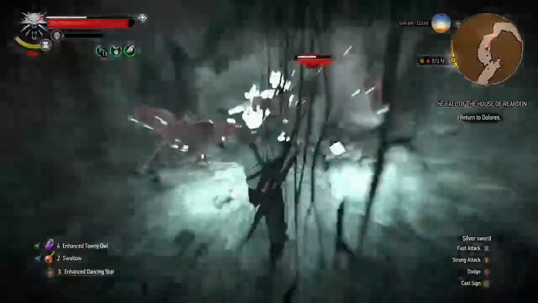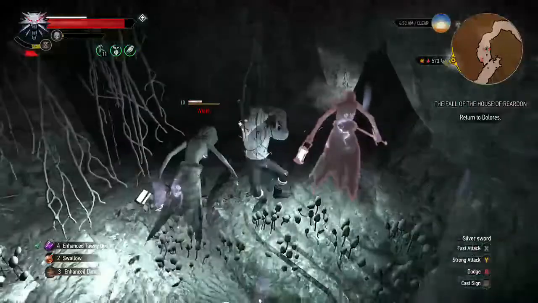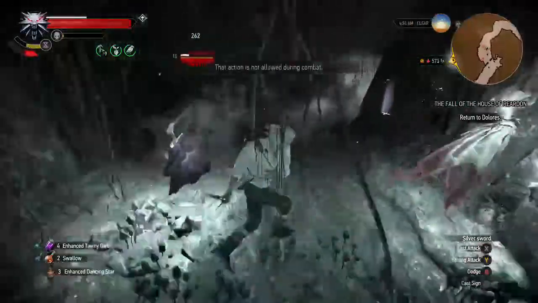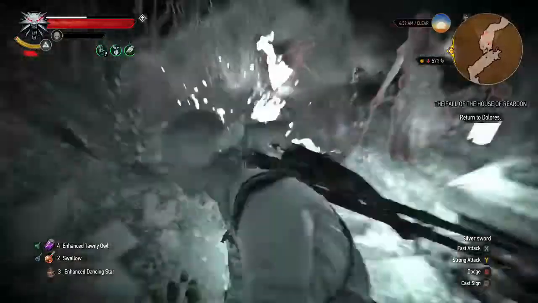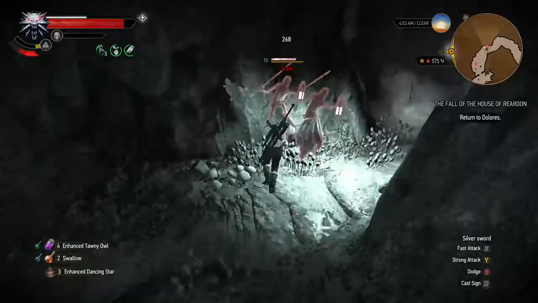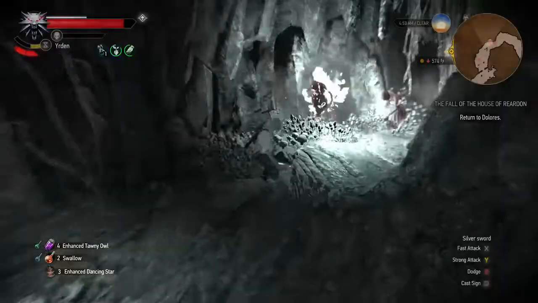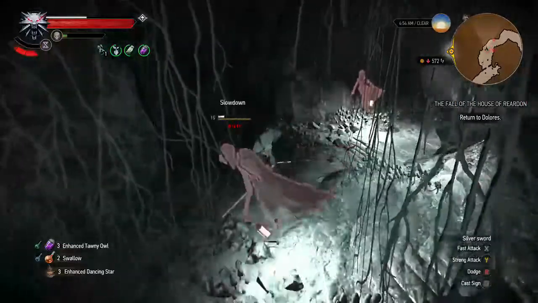So try and do as much damage to the wraiths as possible, because at some point the gas is going to come back. I'll need to use Ard again to be able to clear the gas. You can get a few hits in as well. I'm just going to make use of that enhanced Tornial there,